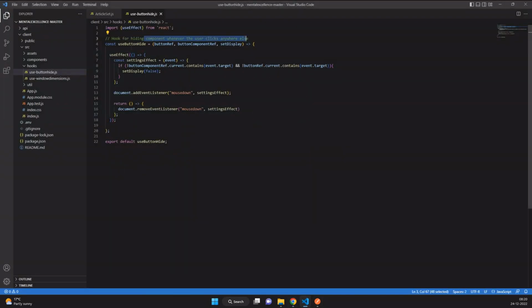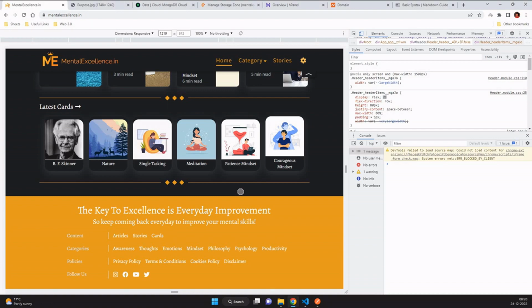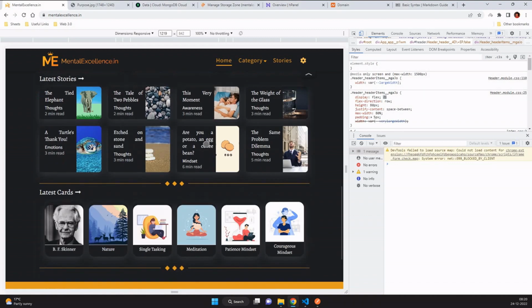And this is achieved through the use button height section. We have the use window dimension section. The reason for this is for getting the dimension of the window, what the window width is. Here it is 1219. So the reason this is there is because if you notice that there are currently eight